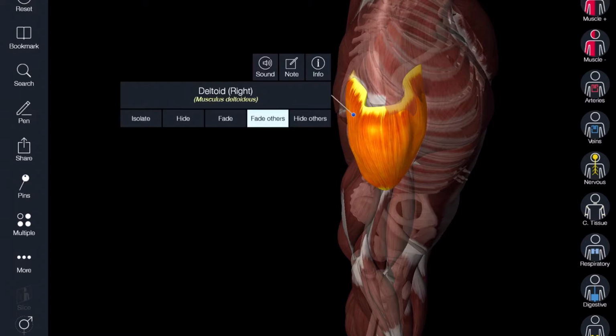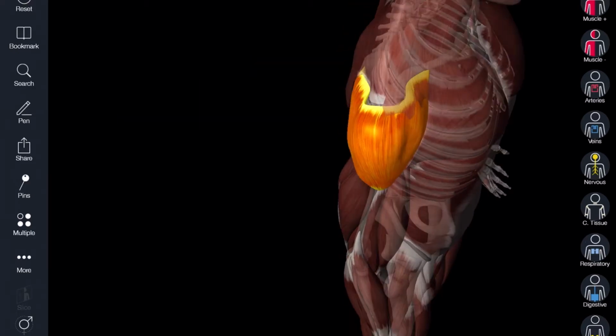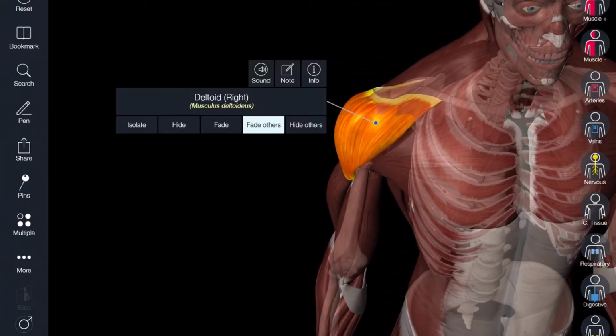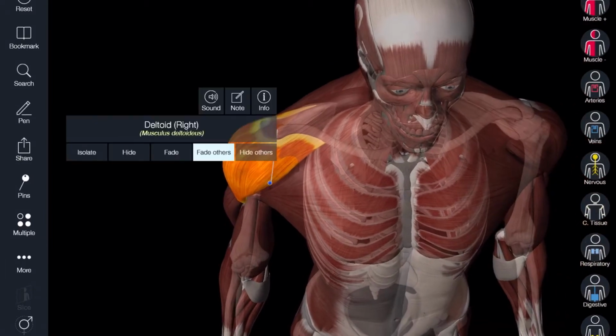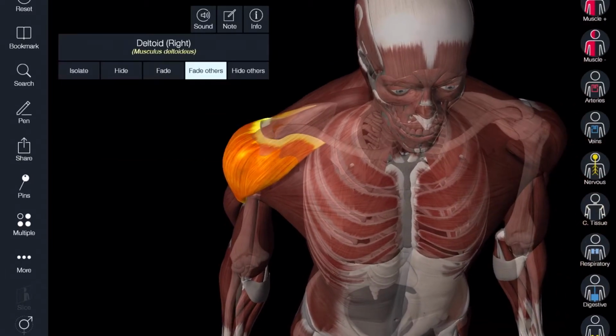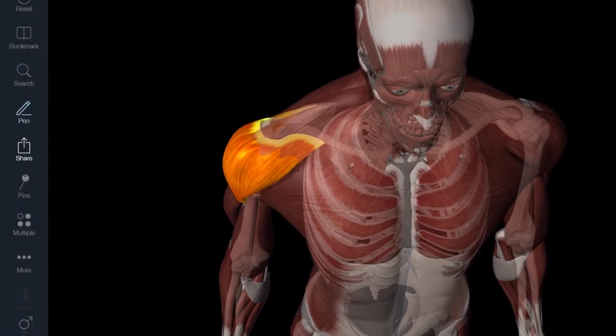So its more proximal attachments that we might call the origin include the lateral clavicle. Specifically, it's the lateral 1/3 of the clavicle. So you can see the clavicle there, right? So the lateral clavicle in through here, and the